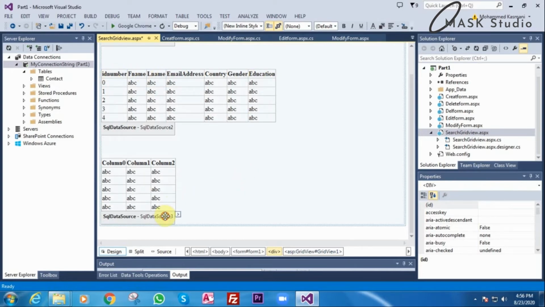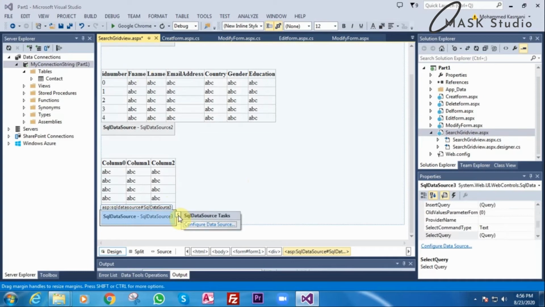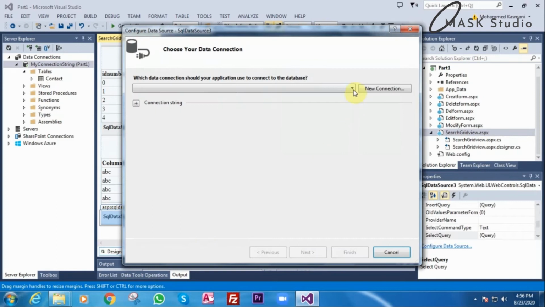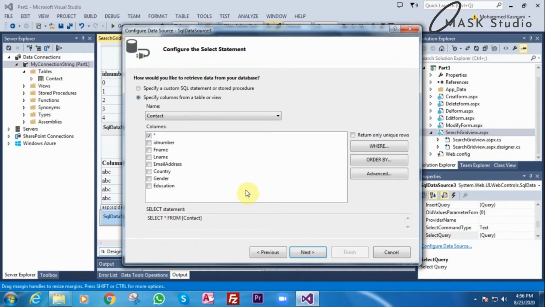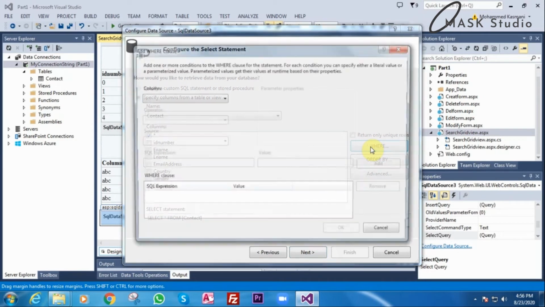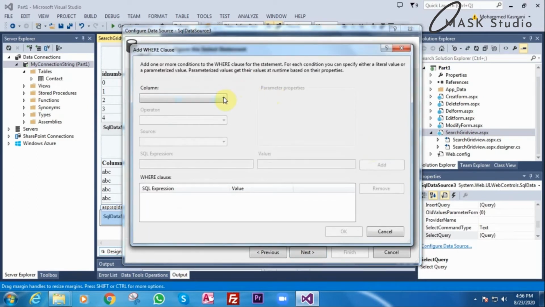Now for this SQL3, I'll click the arrow, configure data source. I'll say my connection string. Then I say next. Now be careful. I say next. After that, what I'm doing is here, where, and I'm asking F name, column name, F name equals to.